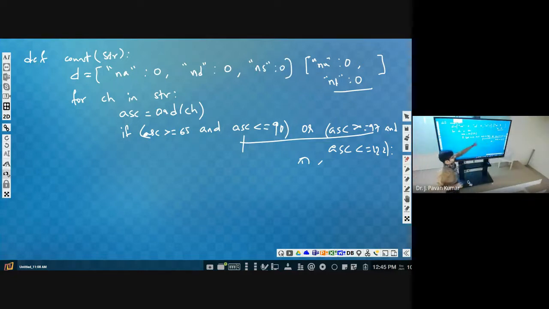Now whenever it is an alphabet, we have to increment the corresponding count. So how can we increment? D of NA. Next, the second one is digits. Else if we can use, else if is more efficient.